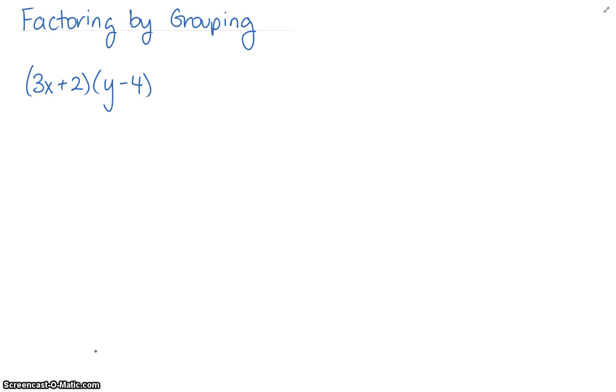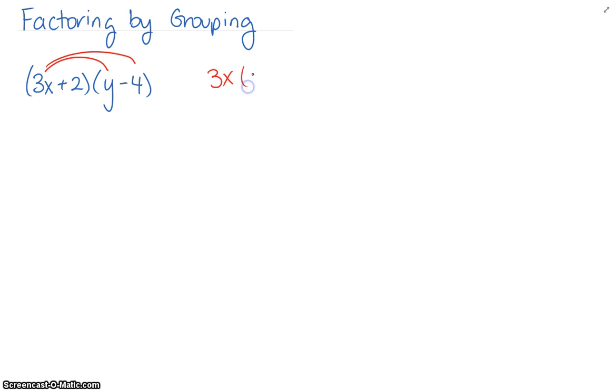So we're going to look at factoring by grouping today. To start off with, we're also going to look at the expanding and distributing first. In this particular case, we are multiplying a binomial by a binomial, but the variables are different. So if we actually distribute this one out, we would get